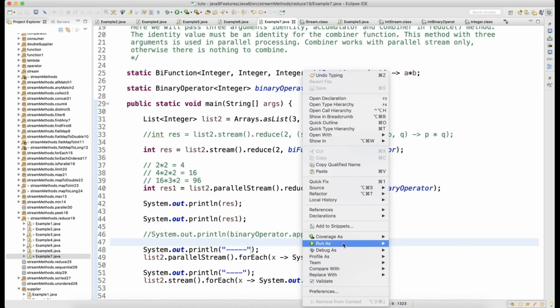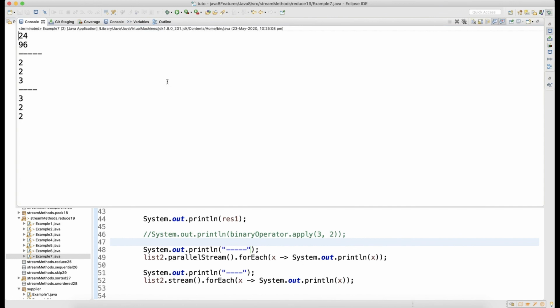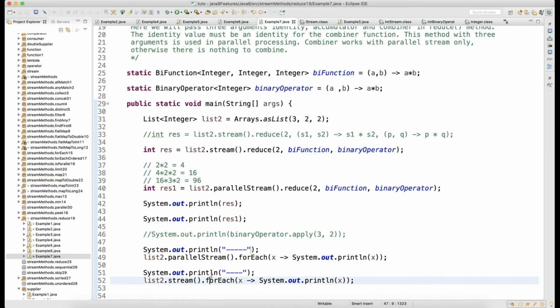Run it a second time. See, now 223 and 322. You got my point. In a parallel stream, you cannot predict how your data will get processed, because it's very hard to predict what output will come in every run. But in sequential, yes, you can predict that. That is the reason your output will change.